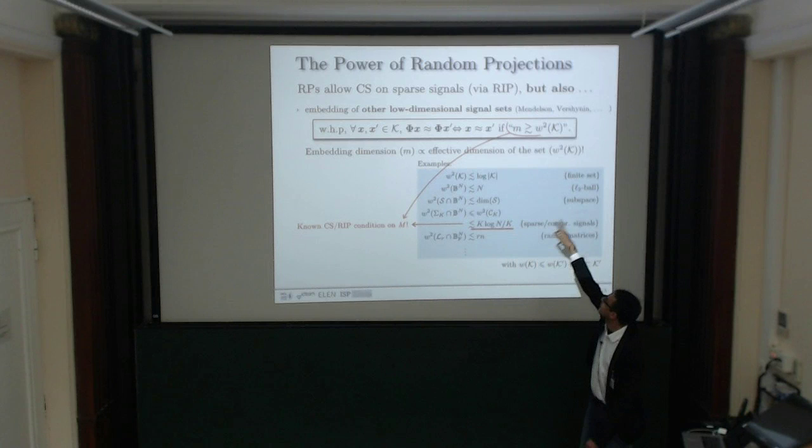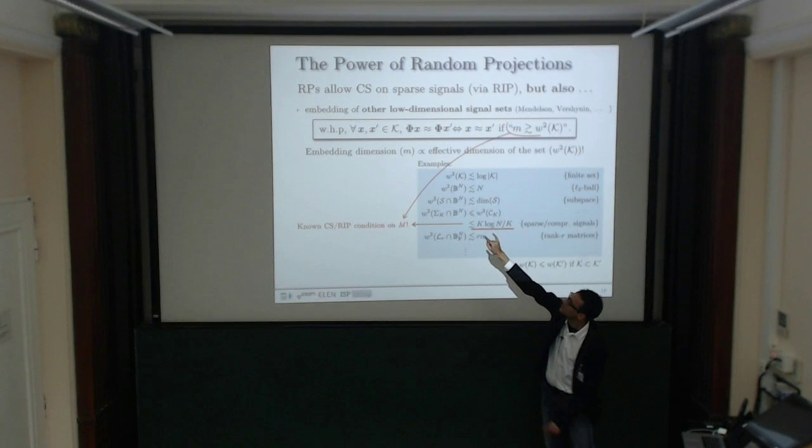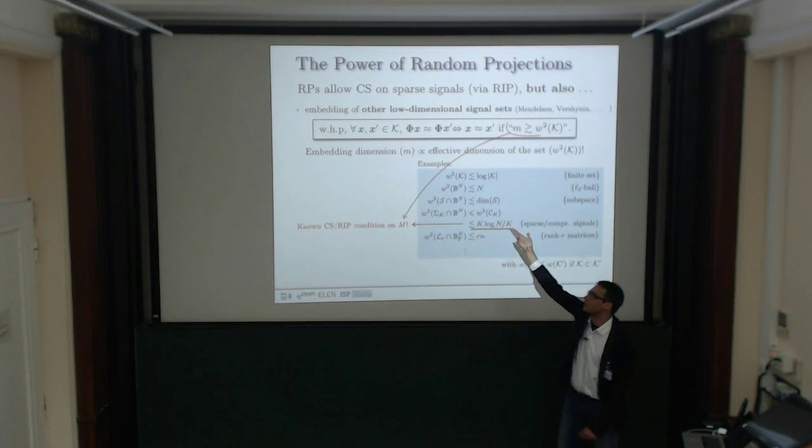There are commas because this is not exactly a proper definition, but you can find these findings are essentially related to the work of Chandrasekaran on the convex geometry of linear inverse problems. And here, essentially what we can show is that with very high probability, given 2 points in your low complexity set,